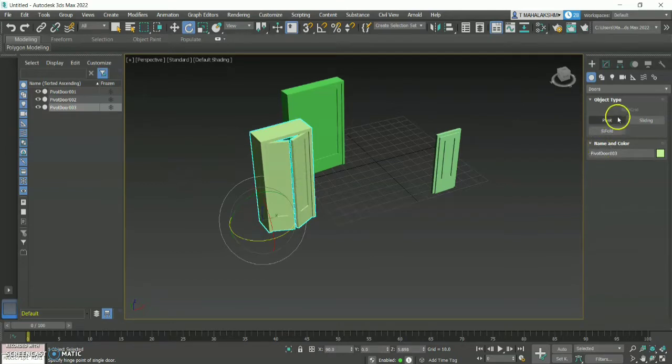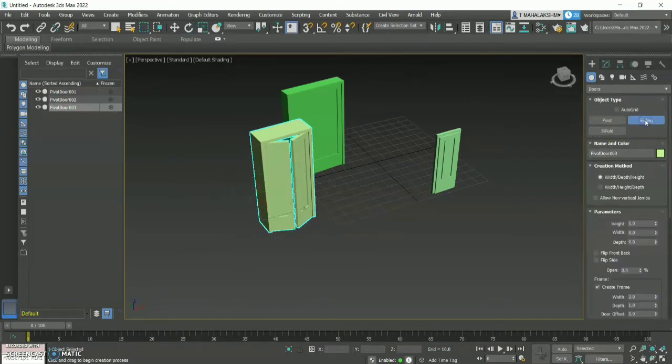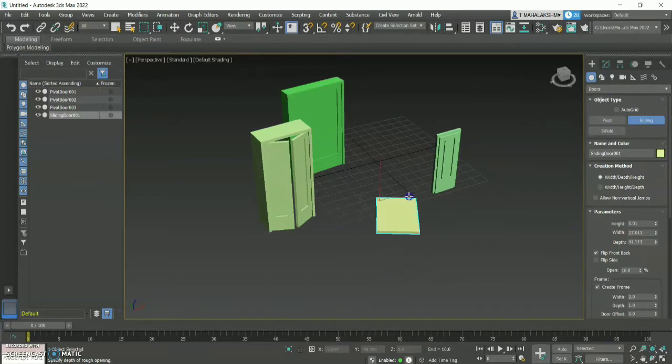Now the next option will be sliding door. This is similar to the pivot door. You can just create the sliding door with the options over there, and even in the parameters you can set the opening options, and you can also increase the degrees in the parameter in order to make sure that you can check if the door is opened or not. Now let me